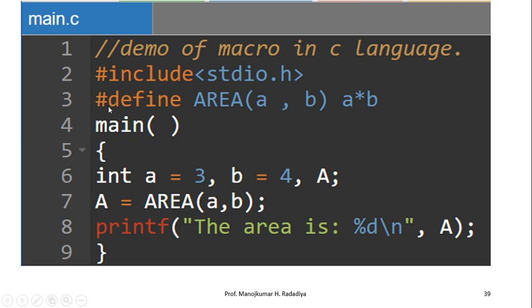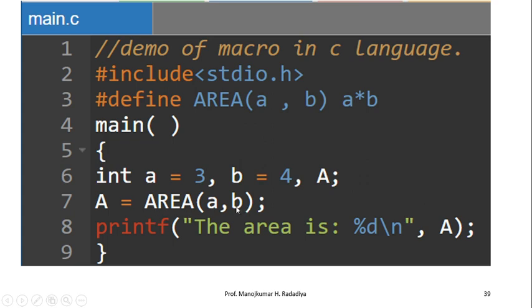Here I am defining #define area(a, b) a * b. Then I define the main function, take two variables a equals 3, b equals 4 and capital A. Now capital A equals area(a, b).